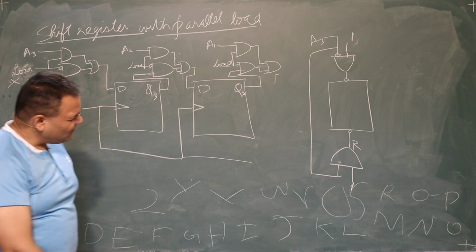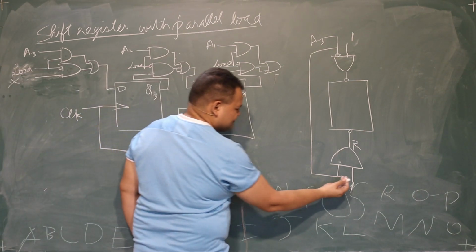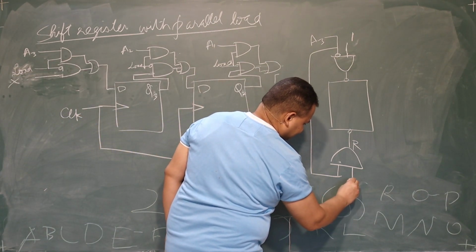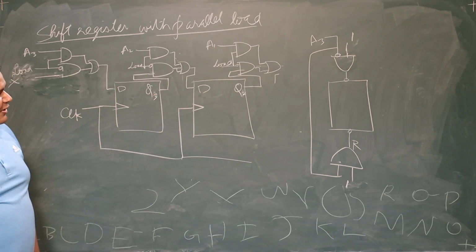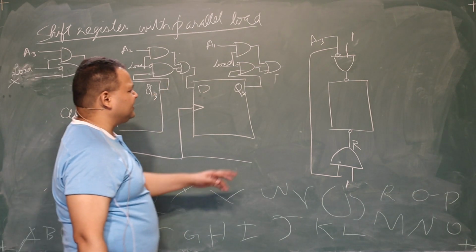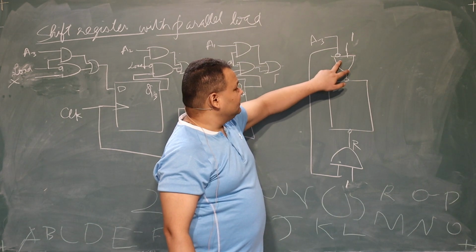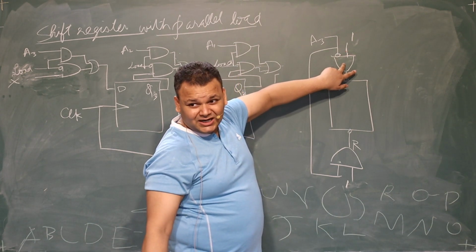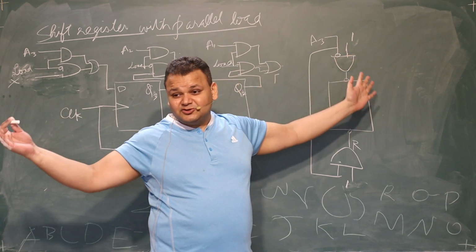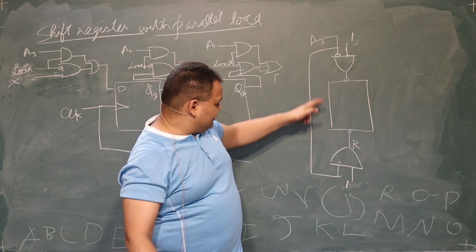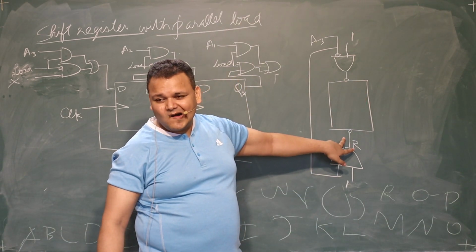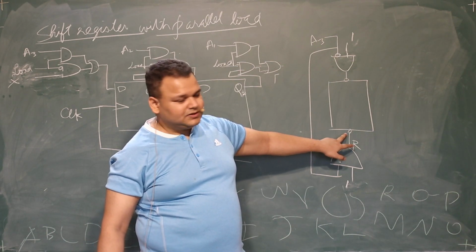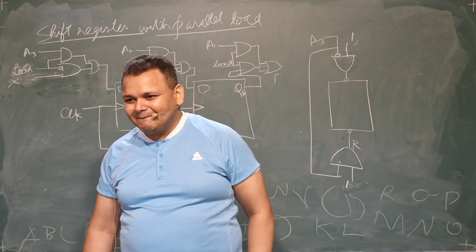Will this work? What do you think? So depending on whether A3 is 0, if A3 is 0 then what is going to happen? A3 0 होगा तो यहाँ पर क्या आएगा? 1, 1 का 1 ही रहेगा, nothing is going to happen. Okay. What is going to happen over here? 0 हो जाएगा। ठीक है, ओके।